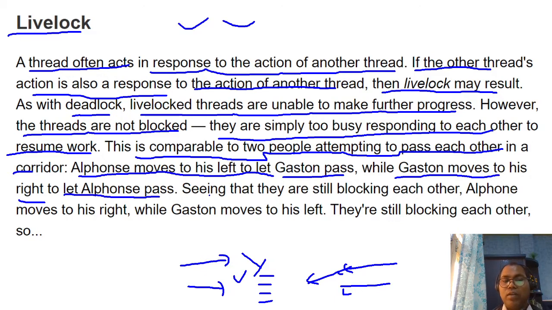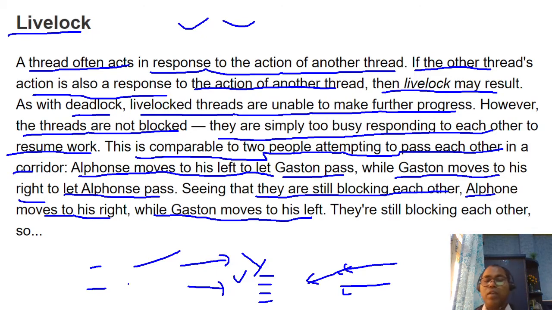Seeing that they are still blocking each other, Alphonse moves to his right again, while Gaston moves to the left again. In this way, both are trying to help each other, but due to the sequence, the way they are helping each other does not let anyone complete his job.